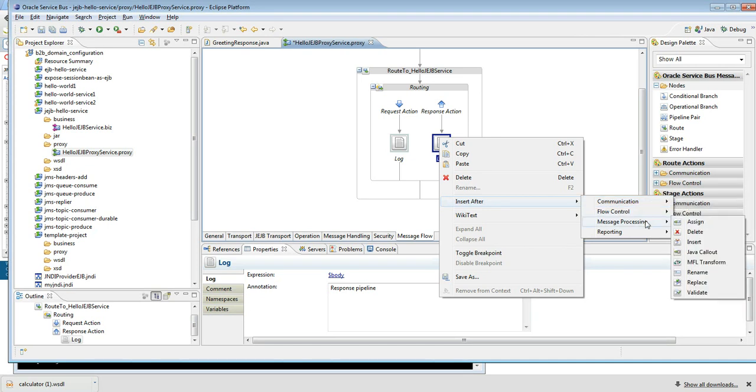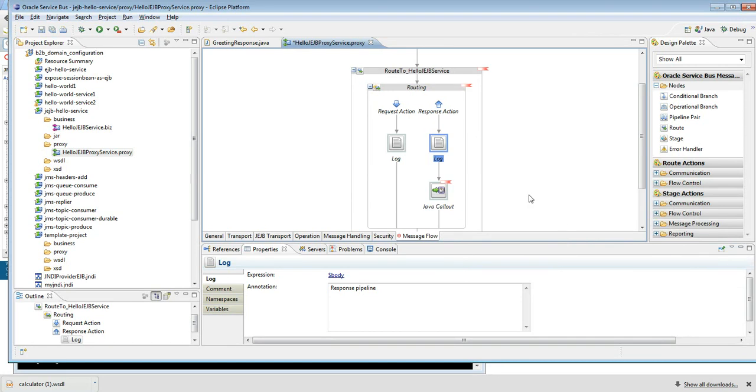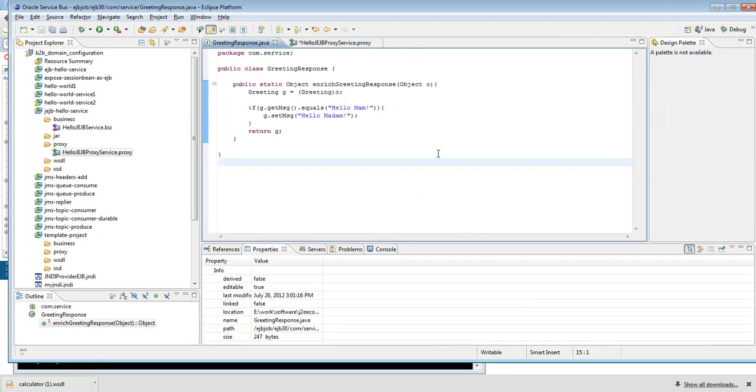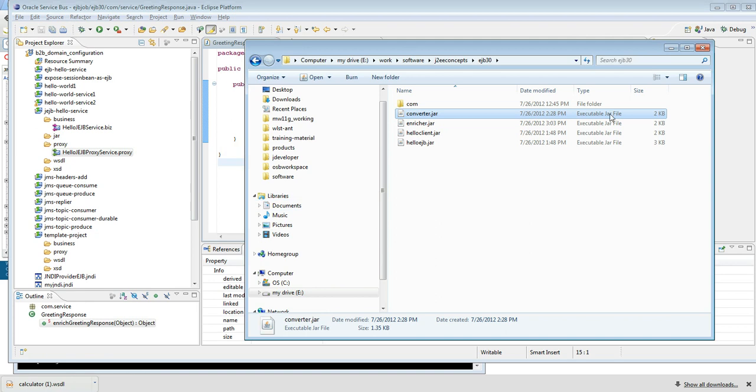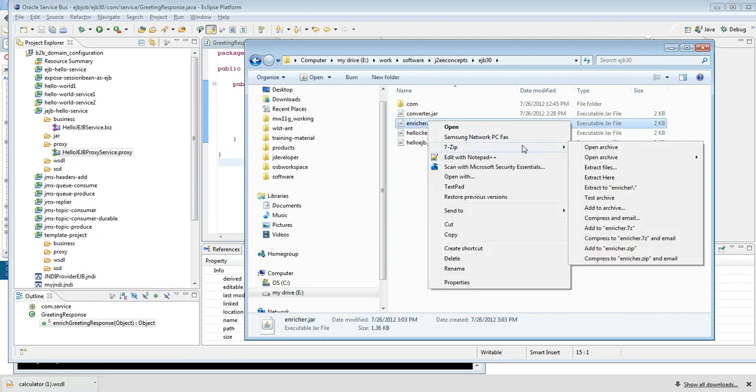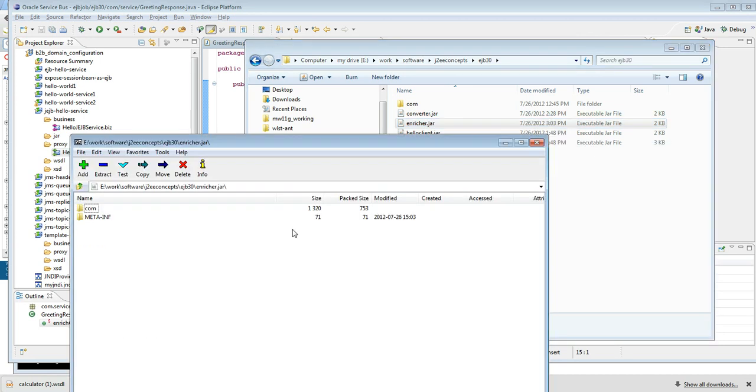Do you guys see Java callout somewhere here? Java callout. Okay, so again, it's the same deal. Once you have created something like this, you need to create a jar. Okay, you need to create a jar, and in that jar, that class, and